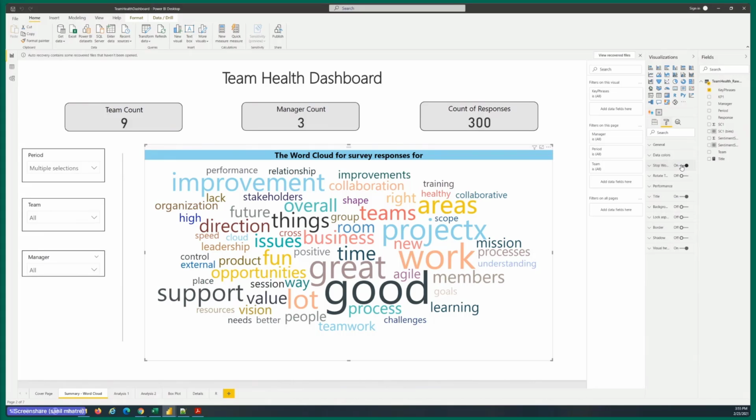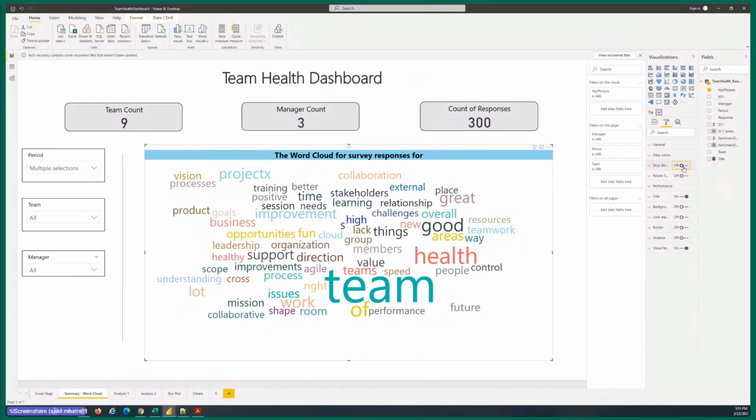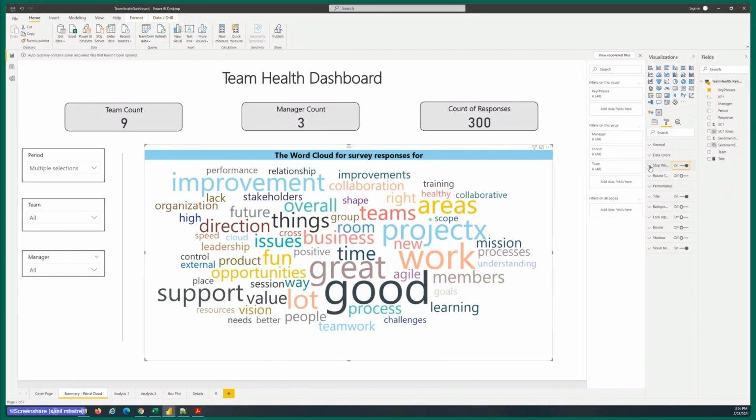What this means is all the words in the English language that don't necessarily have a lot of value in terms of meaning are eliminated. If you switch this off, you might notice that the word cloud changes and you will see words like "of", which don't really have a lot of meaning, but they are the most frequent words. So you would want to eliminate words like that by enabling the stop words feature.